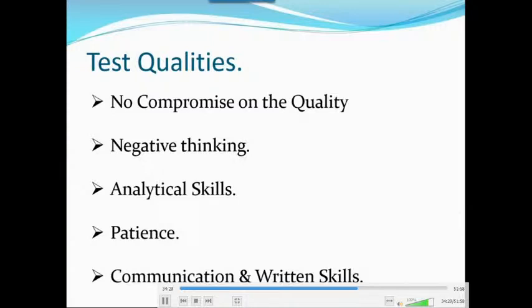If you are not telling it in the correct way and you miscommunicate, then the developer will not understand where we got the defect. So communication is one of the most important. Whatever issue you observe, you need to report it to the developer, and also you need to write mails, using your writing skills.